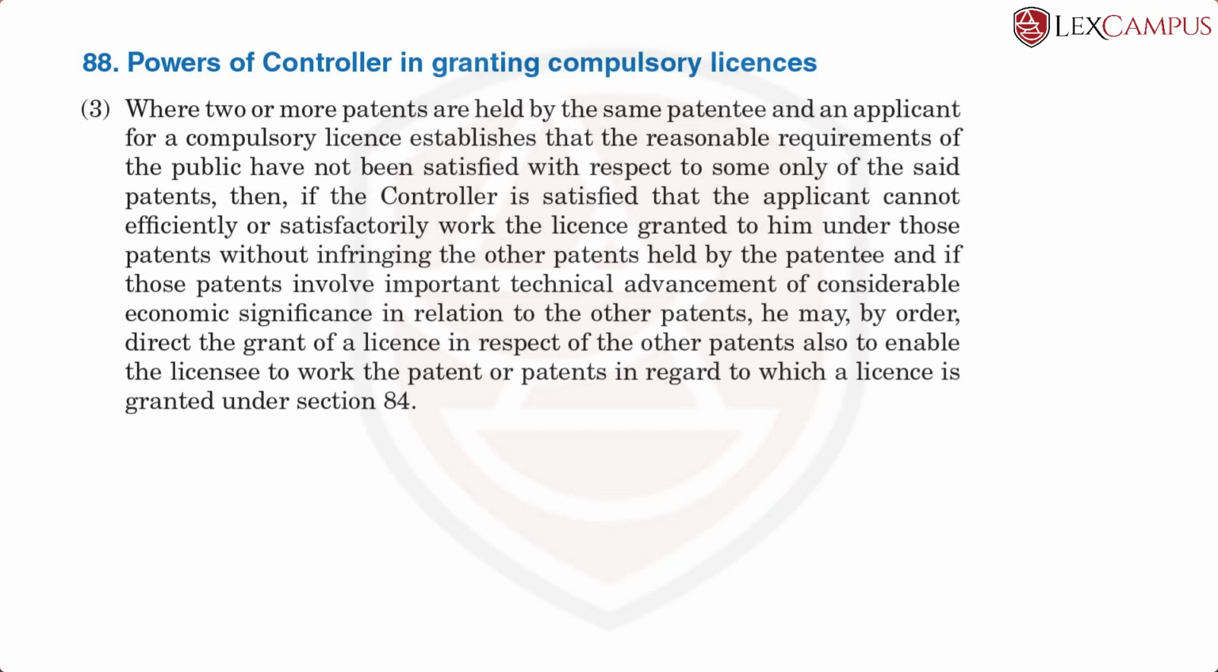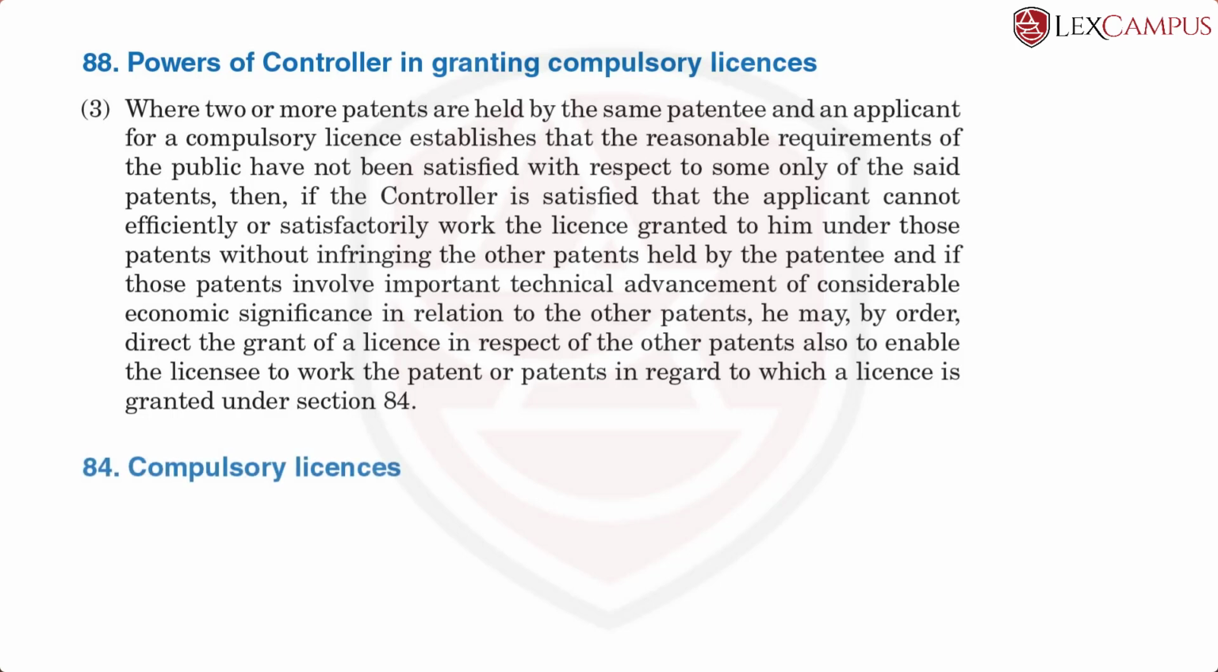3. Where 2 or more patents are held by the same patentee, an applicant for a compulsory license establishes that the reasonable requirements of the patents have not been satisfied with respect to some only of the said patents, then if the controller is satisfied that the applicant cannot efficiently or satisfactorily work the license granted to him under those patents without infringing the other patents held by the patentee, and if those patents involve important technical advancement of considerable economic significance in relation to other patents, he may by order direct the grant of license in respect of the other patents, also enable the licensee to work the patent or patents in regard to which a license is granted